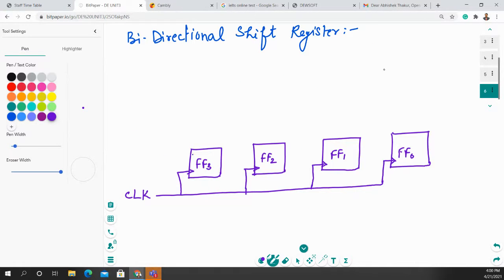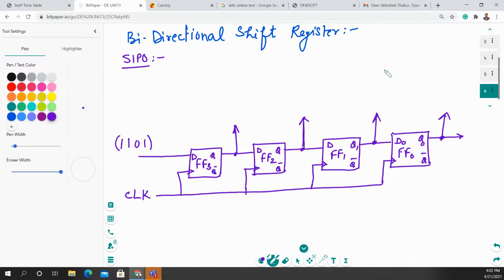Let's say this is the input D, and we are performing the serial input parallel output operation. Which type of input do we have to provide right here, cascaded type or parallel type? D0, then this one is Q1 and D1, Q2 and D2, and Q3 and D3. These are the 4 flip-flops, and you will take the input and output across these.